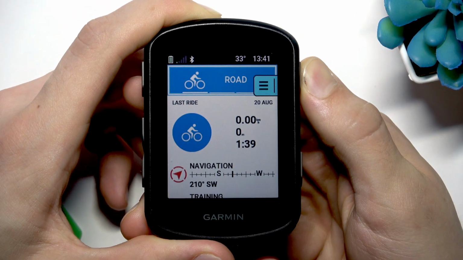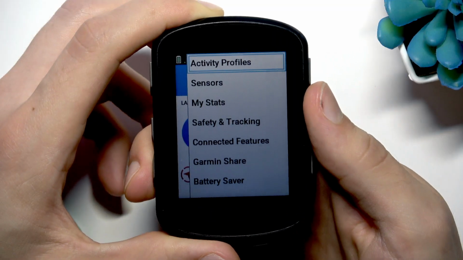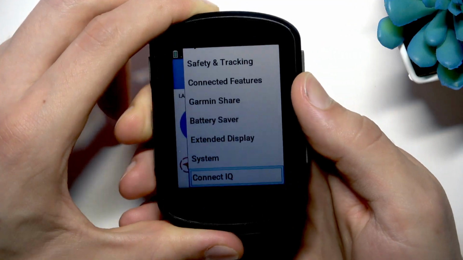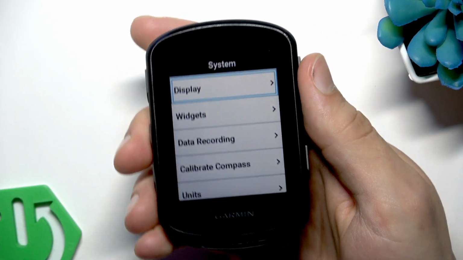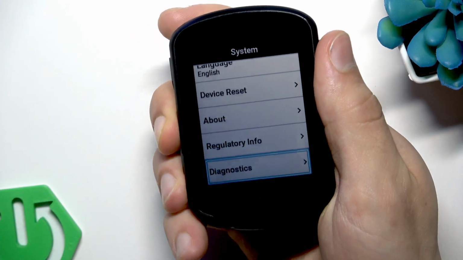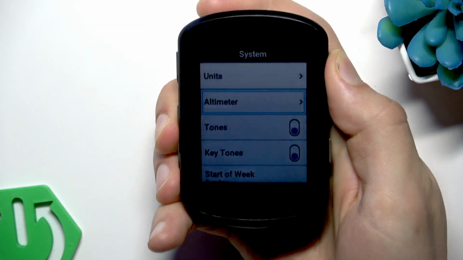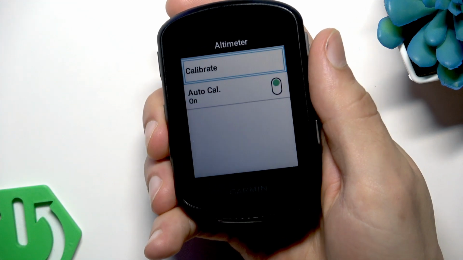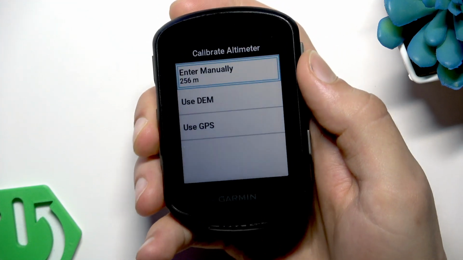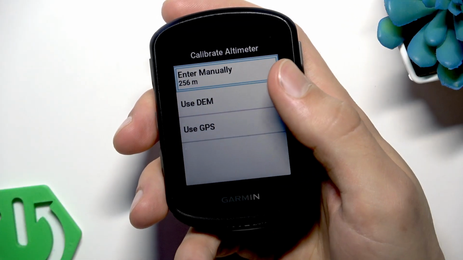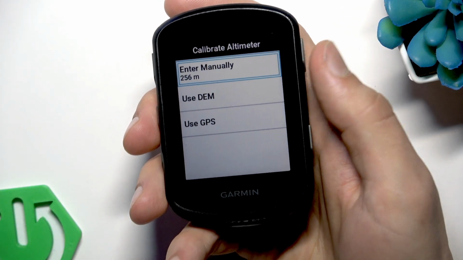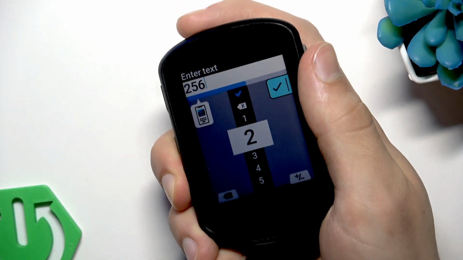To do that, hold your finger down on the options key until we open the sidebar. On the sidebar, we have to open System, and in System, we're gonna have to find the Altimeter option. Once you find it, you will see Calibrate. Now let's select Calibrate. Here we can enter the elevation manually by selecting the first option and then entering the